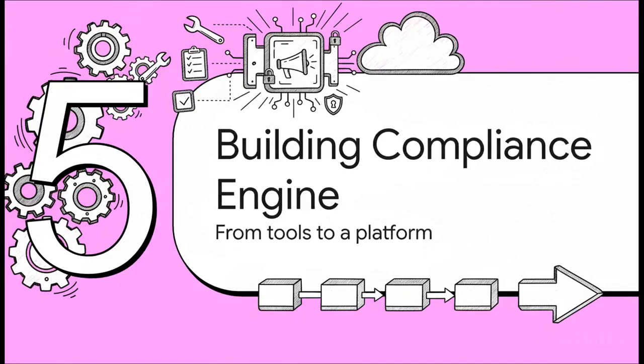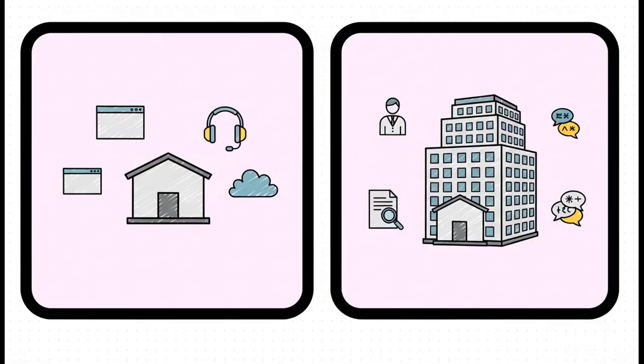Okay, for our final section, let's look at how this whole thing scales up for larger organizations. Section 5. Building your compliance engine. This is where we make the leap from having a collection of tools to having a fully managed enterprise-grade platform. For a business that's growing fast, a core subscription might be all you need. You get great features like a custom domain and managed hosting, but an enterprise suite takes it to a